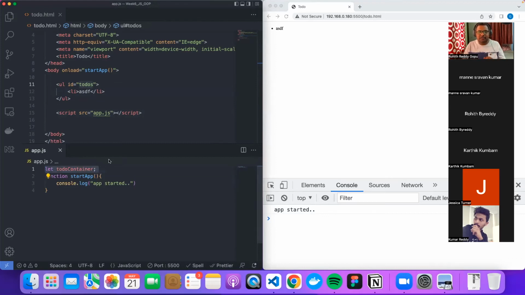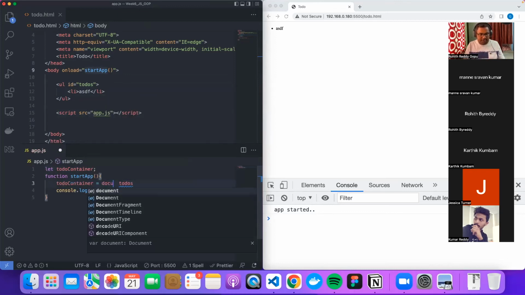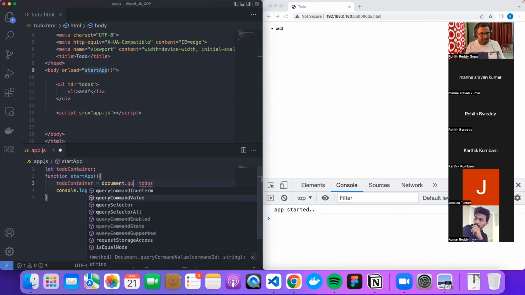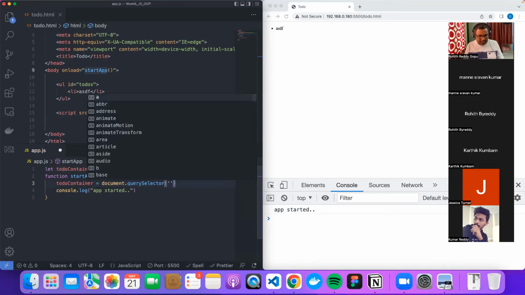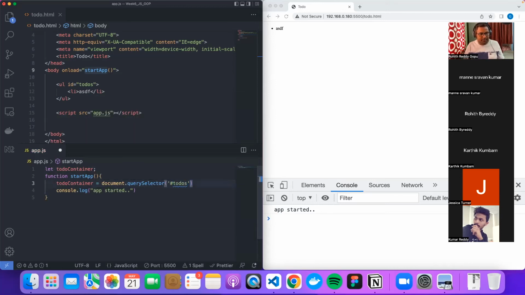See, this is a better way, guys, because first you declare a variable and don't assign anything to it. Once the app is loaded and started, then you say todoContainer is equal to document.querySelector, hash. Now if I log this,